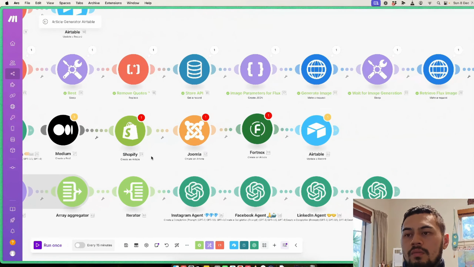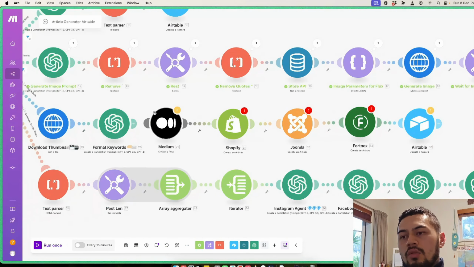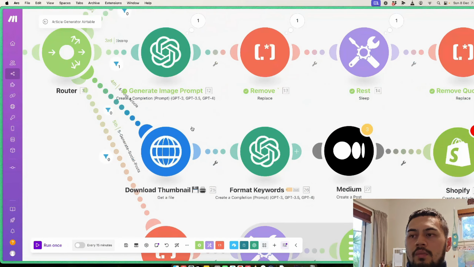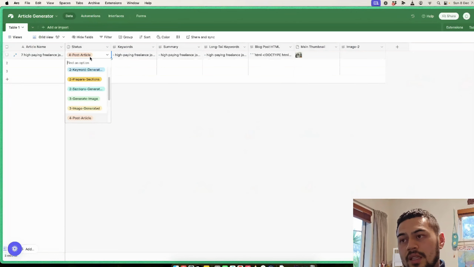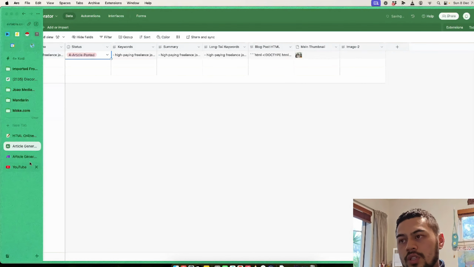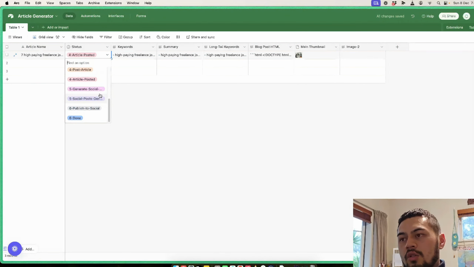And then honestly, you can upload it to anything that you post your articles on. Here's Medium, Shopify, Joomla, Fort Knox is what the person I was making the automation for uses. Click on post articles. It will upload these straight to Medium with the hashtags, the article, and the image. And then same thing, it updates the status column to article posted. And then once it's finished with article posted,